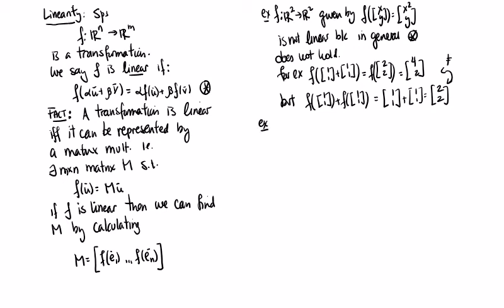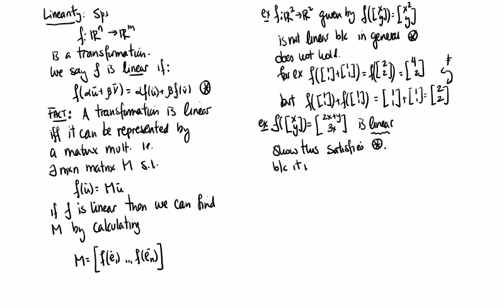Now, something that is linear, something like f of xy is, say, 2x plus y and 3x. You can prove this simply by proving asterisk. I'm going to omit this for now. Just show this satisfies asterisk. It's not hard, it just takes a little bit of computation. And because it is, it can be represented by,